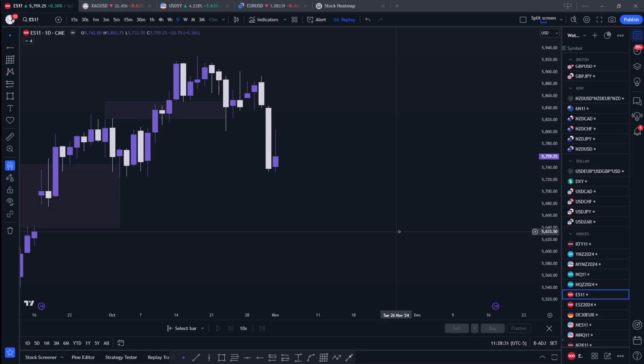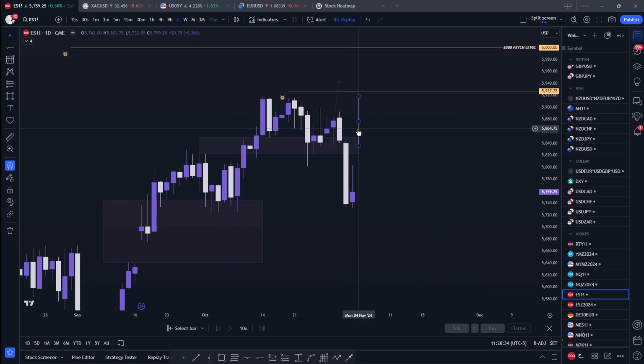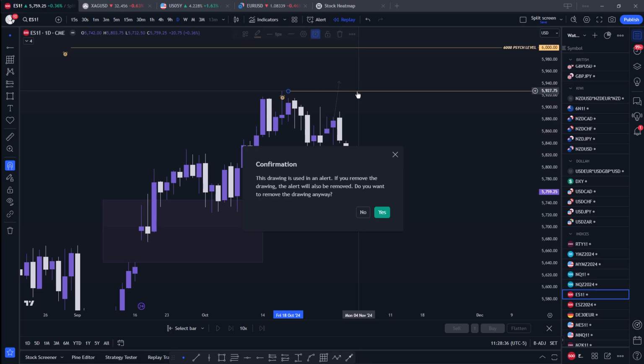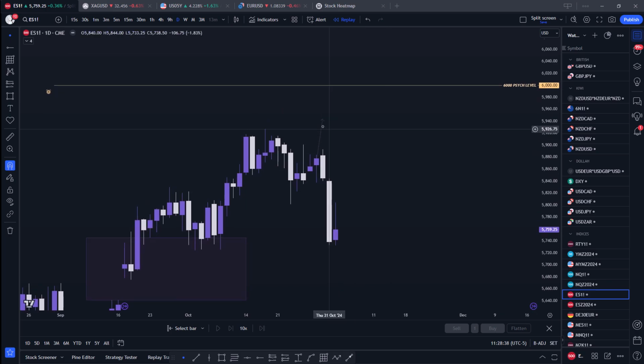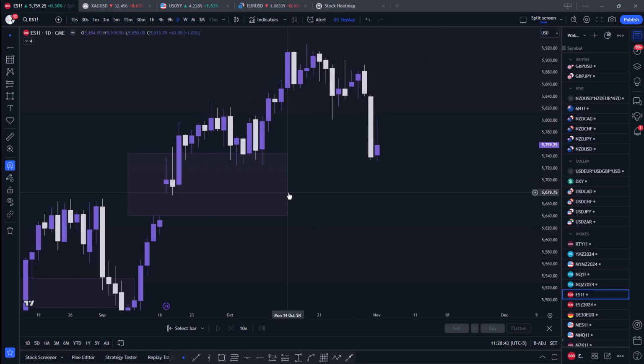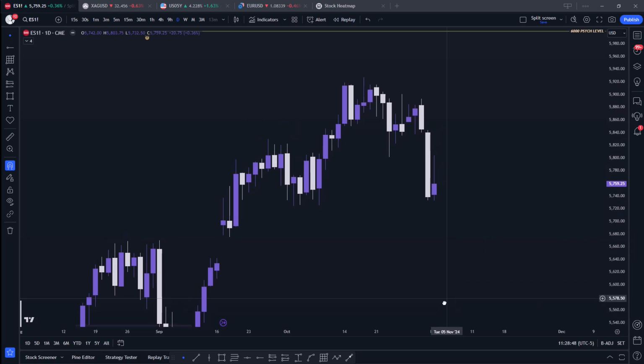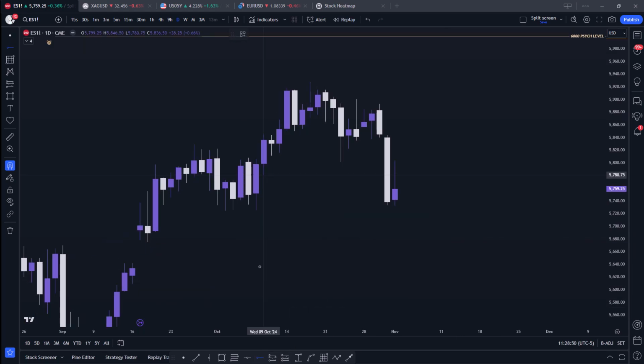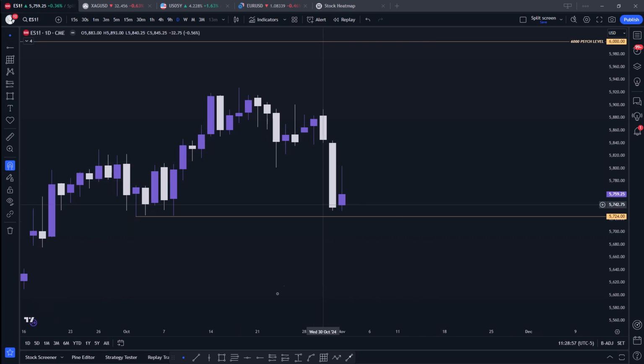ES. I'm basically expecting the same thing. I was expecting higher prices before. We have the 6,000 psychological level sitting up there as my higher time frame, longer term view draw on liquidity. When you look at ES, we have these relative equal lows right here, very close to clearing it, and I really don't see us moving back up into this deep premium in order to continue lower. We actually have the volume imbalance there as well.